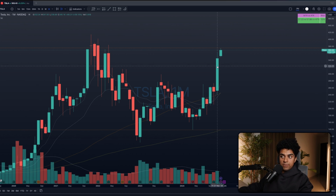So in the month of November, we had the elections. Trump won the presidency. Elon Musk is a close friend of Trump, and that's why when the results came out, Tesla had a huge rally towards the upside. I was able to score a really good amount of money on Tesla. I had 18K, 18K, then 20K, then I made 35K on vacation, then 32K recently. So overall, I have made more than $100,000 just by trading Tesla in the past 4 to 5 weeks, which